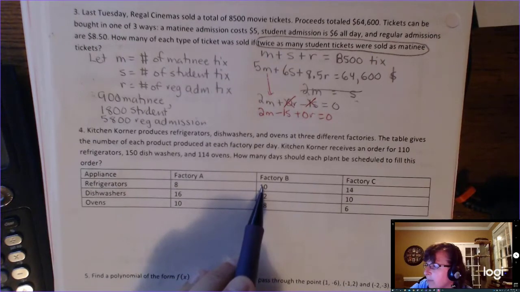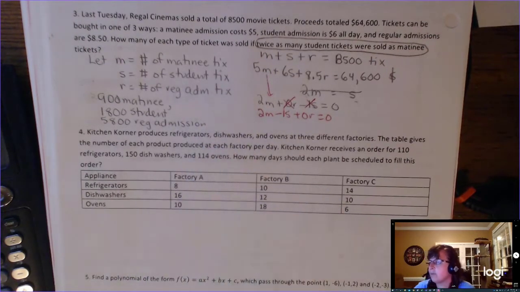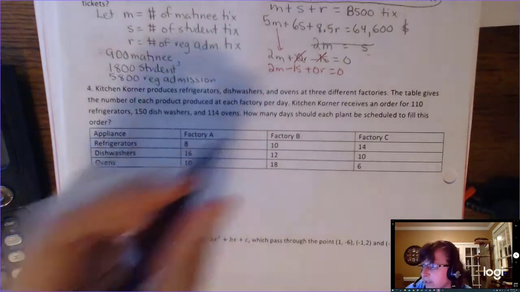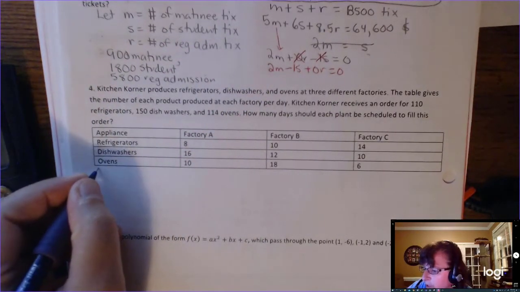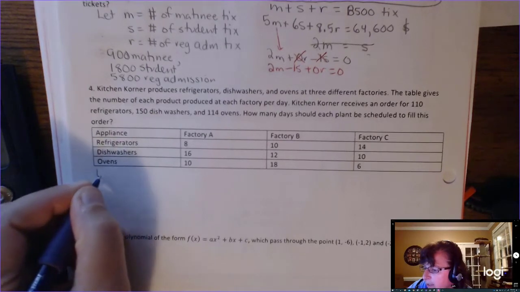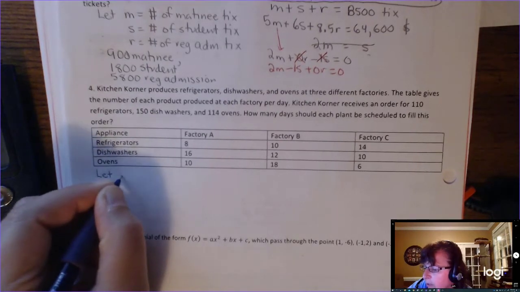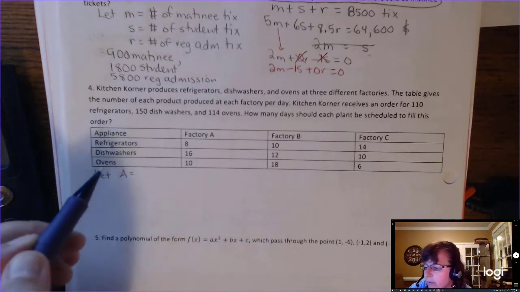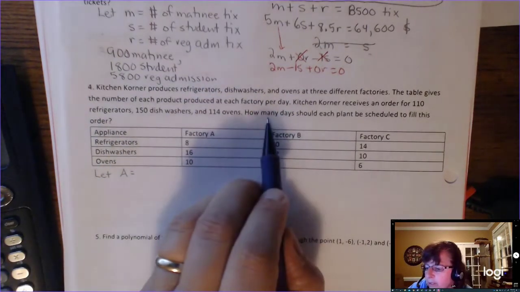Factory B, they can make 10 refrigerators, 12 dishwashers, 18 ovens. Alright, so this is an incredibly difficult problem at first, okay? But you want to start with my little tip, and that is go to the question. So the question is, how many days should each plant? So that means that I'm going to let A equal not the number of refrigerators, dishwashers, and ovens, but how many